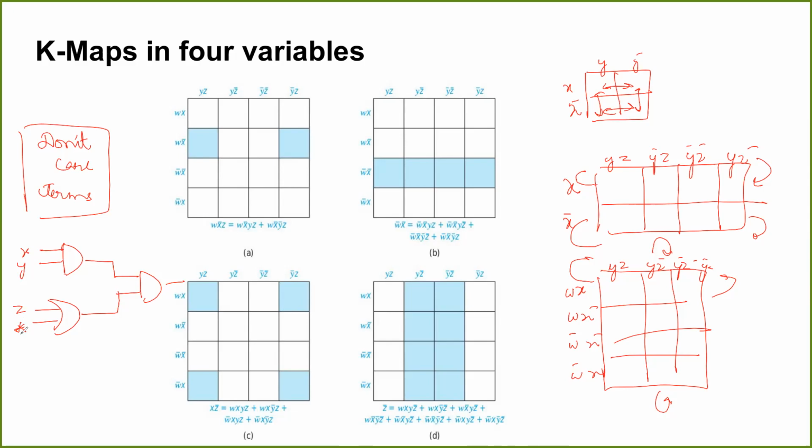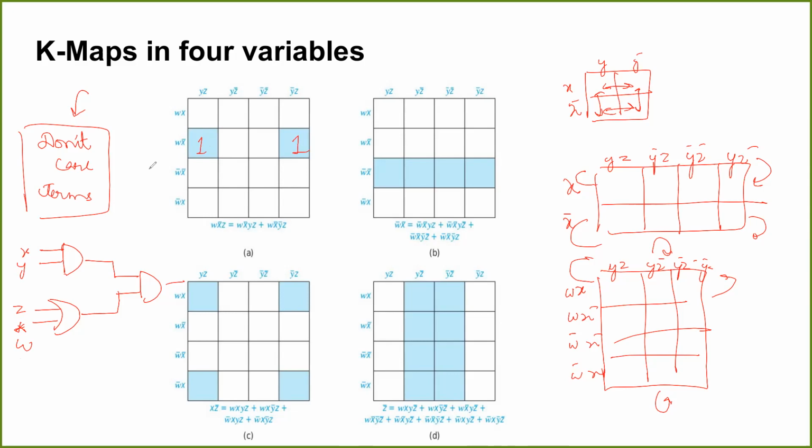A lot of times it is practically useful in Boolean circuit design that there's some input where you're not concerned about its value. To represent such inputs, we have in our Boolean expression things called don't care terms. Don't care terms represent those inputs whose value you're not concerned about. For example, suppose my W is my don't care term. I have in my Boolean expression these two ones here, but my W is a don't care term. Don't care term means it can take any input.